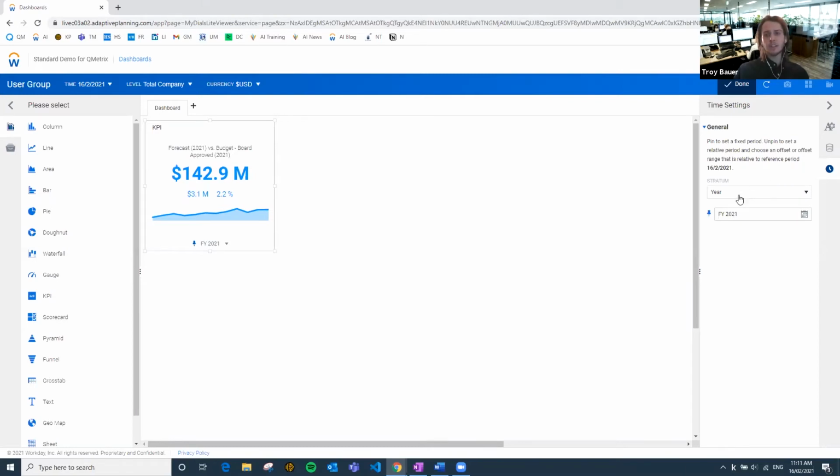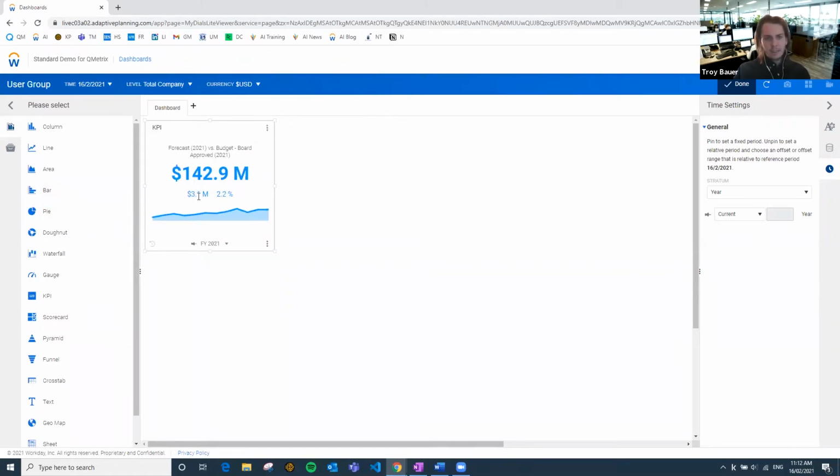If you want to change that to a relative or a moving target, you can click on this pin here. It's going to turn horizontal and it's going to change to current year, which just so happens to be FY21. The only difference is that next year it's going to pick up the current fin year, which is FY22, and so on. It will move from year to year, which is good. So it saves a bit of maintenance on that end.